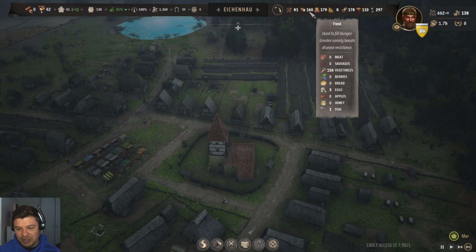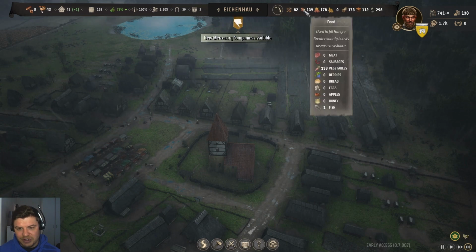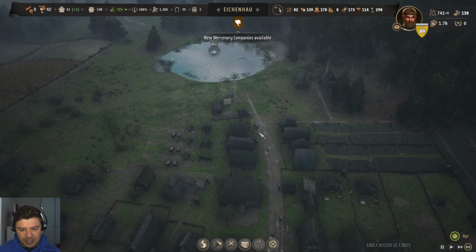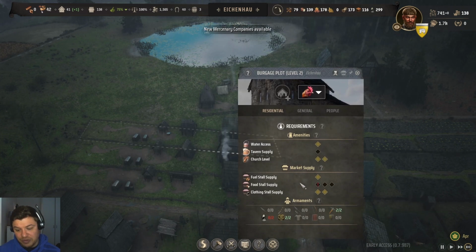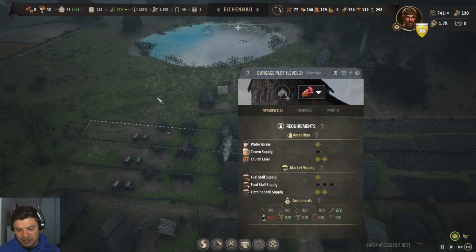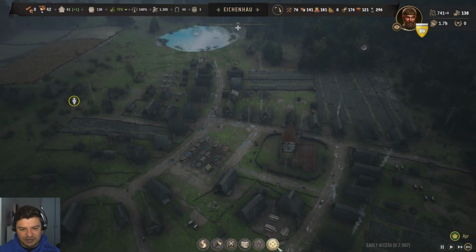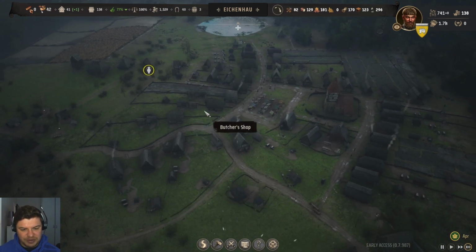I do get a couple of eggs every now and then, but it's really not that much. And we've got a little bit of fish. I've just got this house sometimes saying that they don't have food or fuel supply, but now it seems there's a food supply issue. Okay. It's a little bit far from the marketplaces, so...